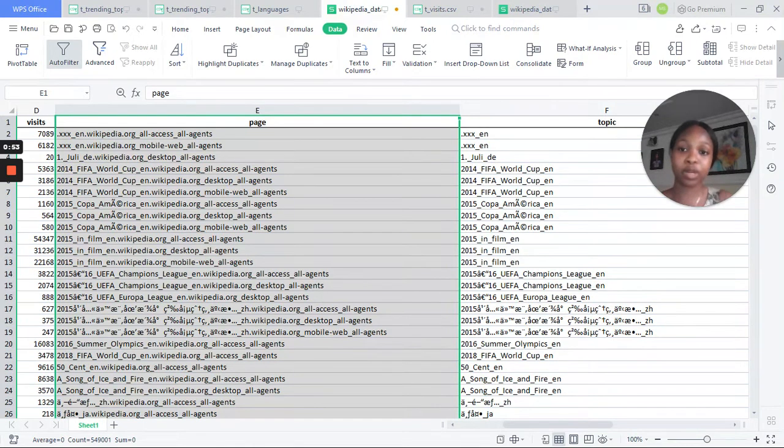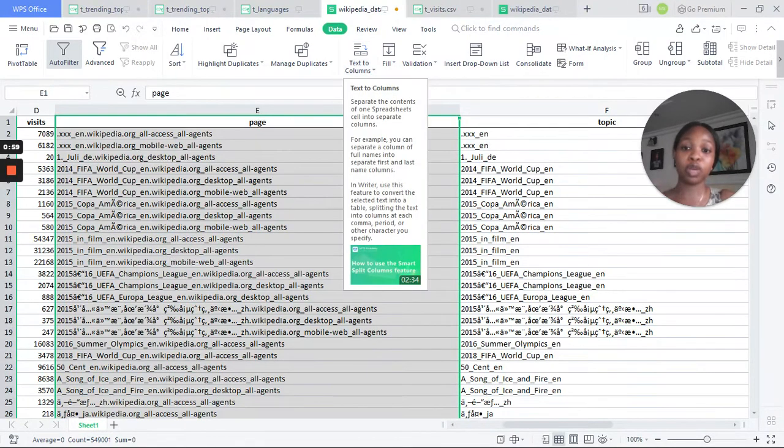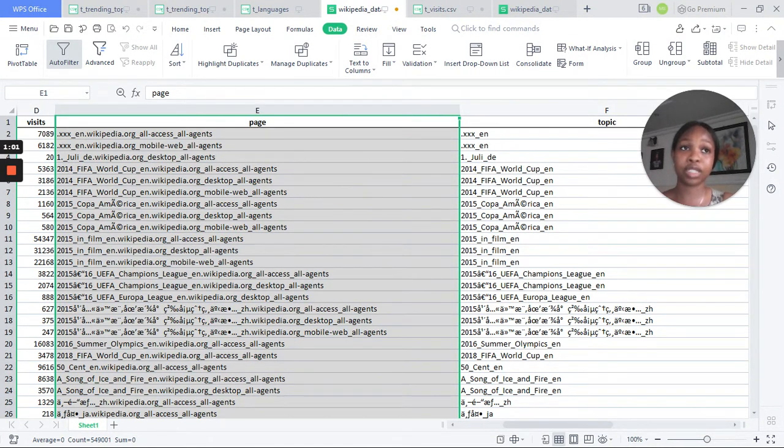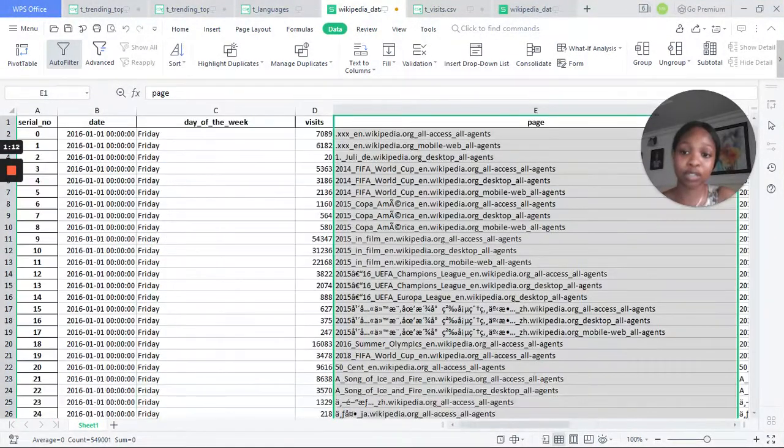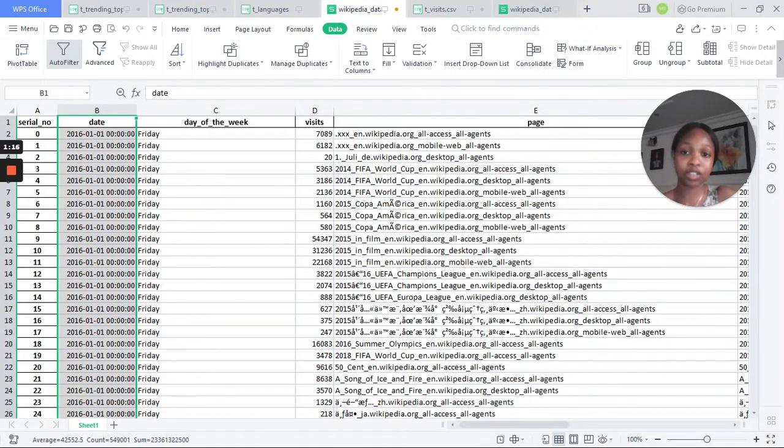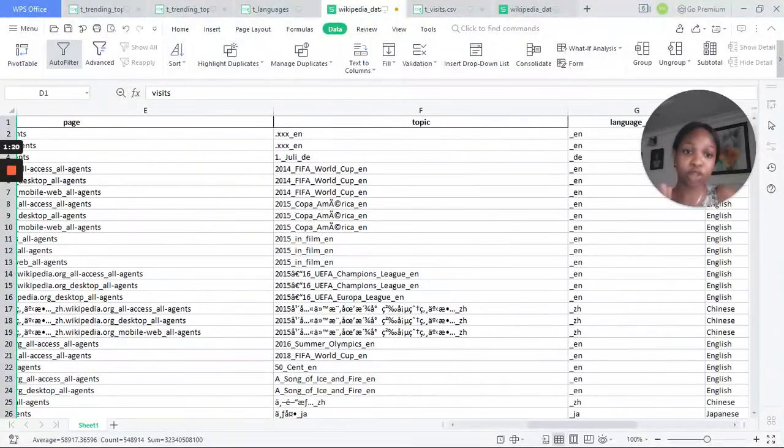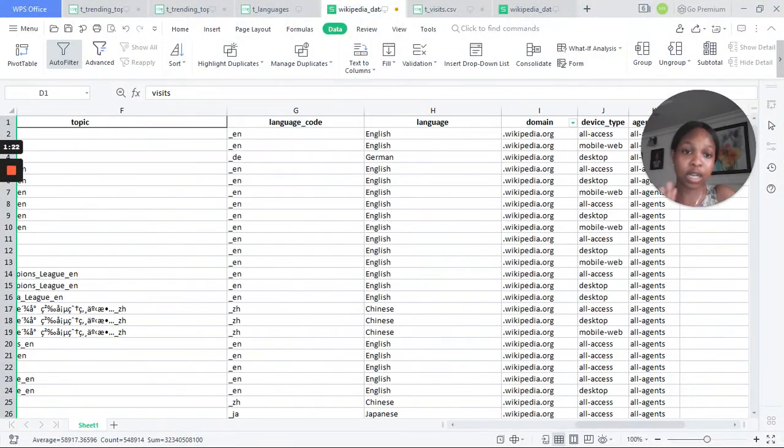So with Excel, we're able to further break down our page column into other columns using the text to columns feature. We also made use of other features like the filter, copy and paste in Excel, and some functions like concatenate. We made use of text functions as well, and we were able to achieve this at the end of the day. So we got our date column, day of the week column, number of visits, page column, topic, language code,